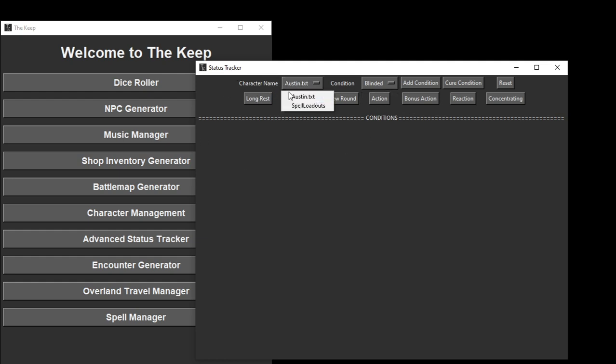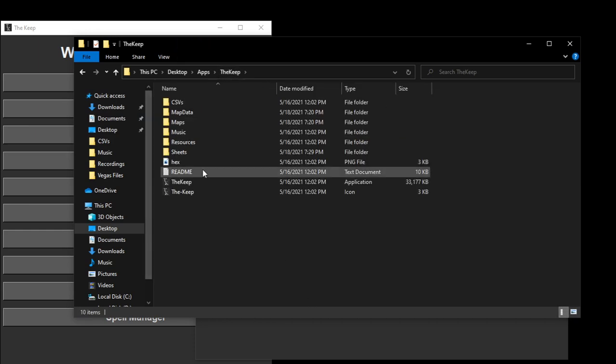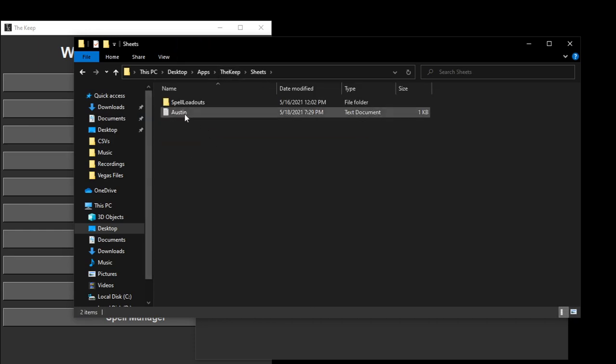And what this directory points to is the Sheets directory from wherever you have the Keep installed. So for example, if I were to go here, this is the Keep installation folder. If I go to Sheets, as we can see, there is a text file here with a character named Austin